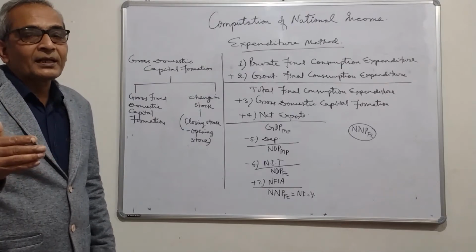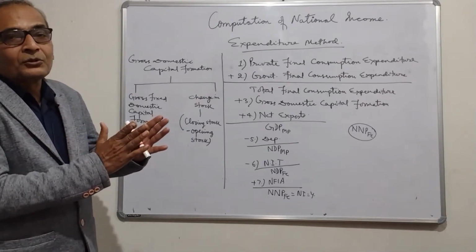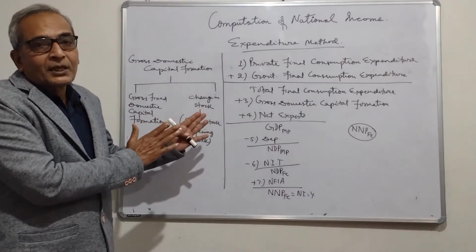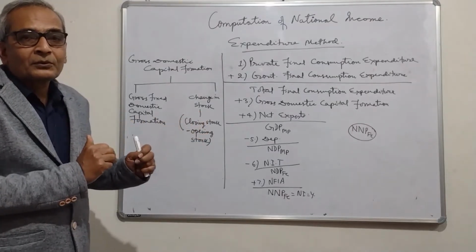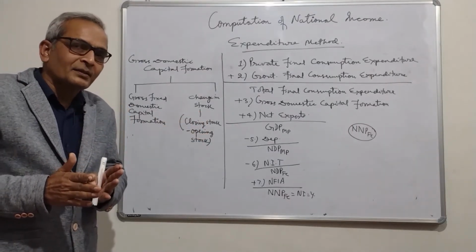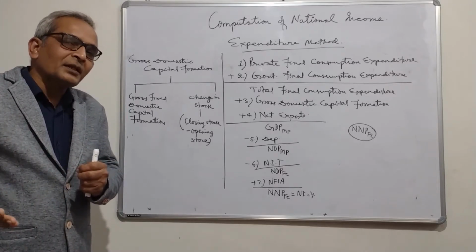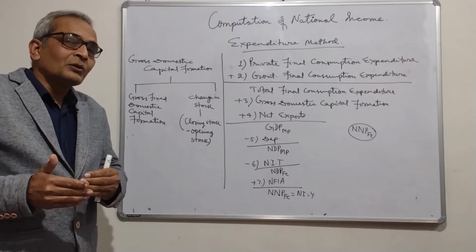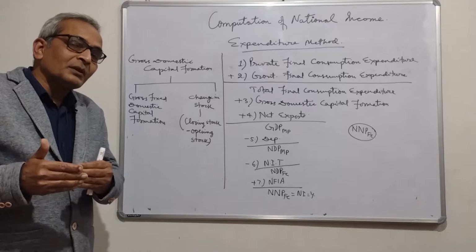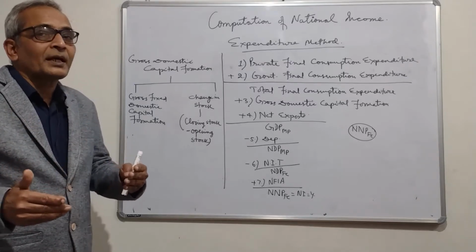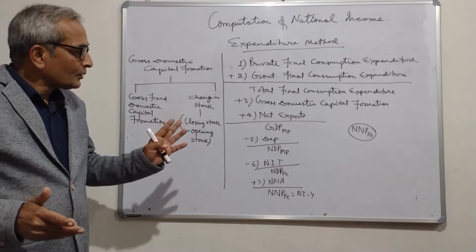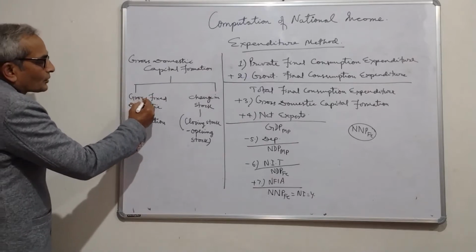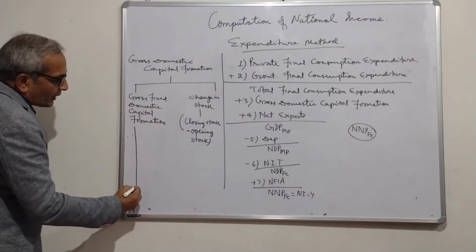Those goods are then counted as capital goods. Whatever was used during the financial year in the production process, all those are categorized as intermediate goods. Whatever is left at the end of the financial year, we begin the next financial year with that much capital. So, that goods will now in the next financial year be counted as capital goods. Right? So, that is change in stock, and this gross fixed domestic capital formation has three